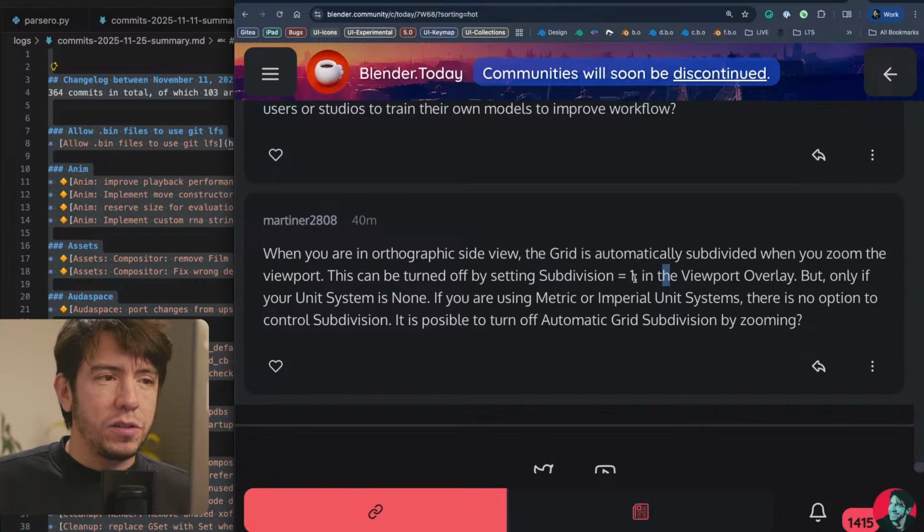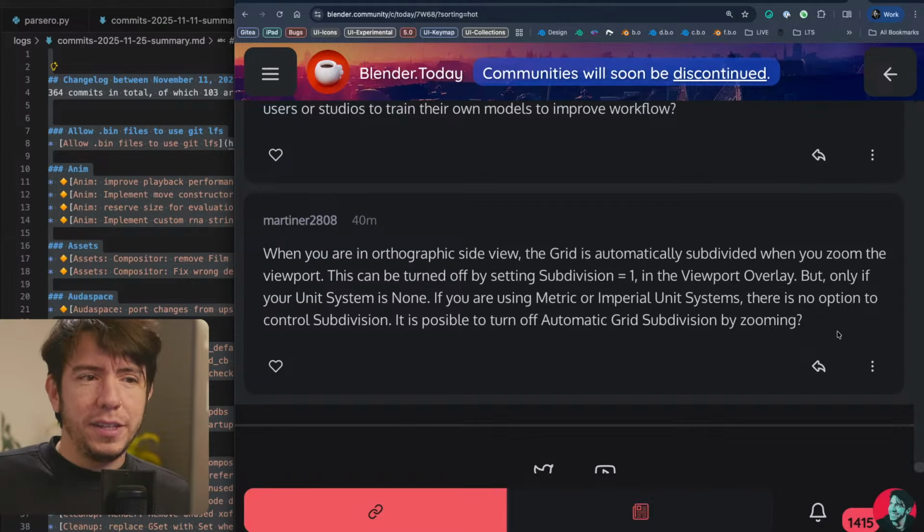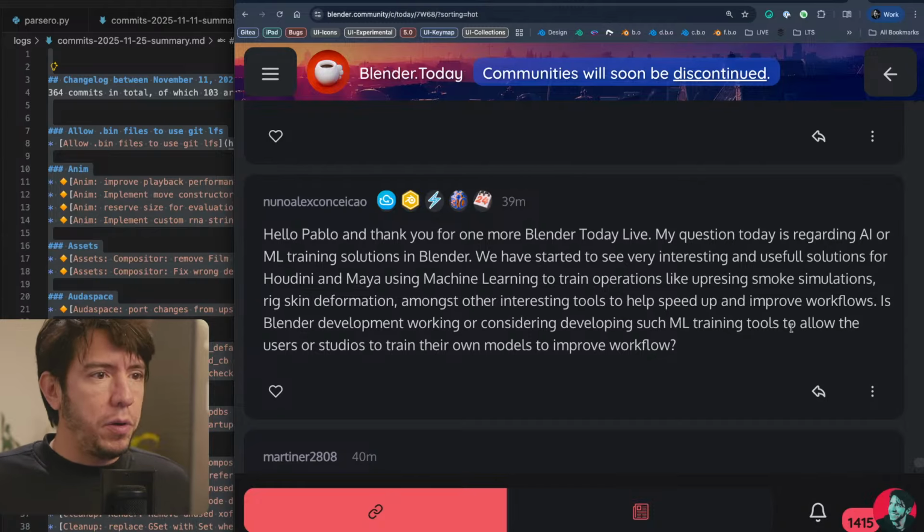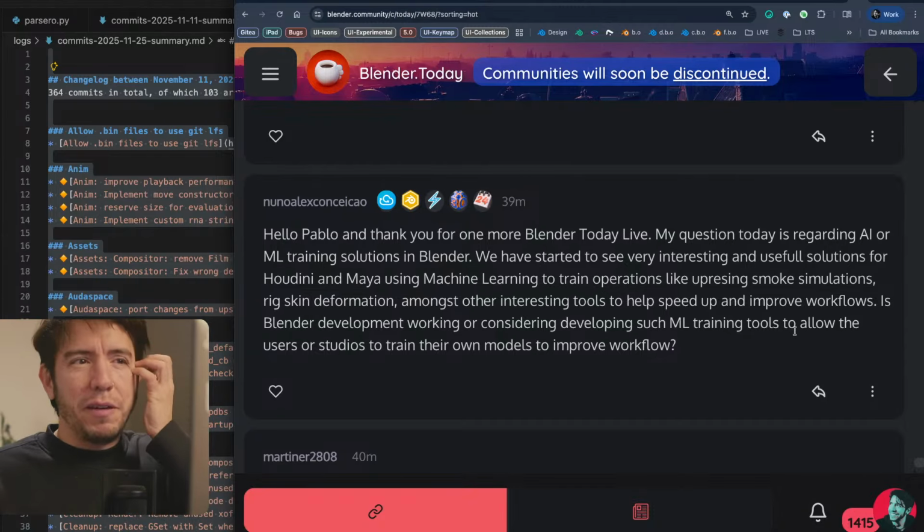But the manual subdivision, I don't know if there is a limitation. It doesn't look like there is a limitation. But if this is a feature request, then maybe make a right-click select post. It's easier to see, maybe make a mockup.